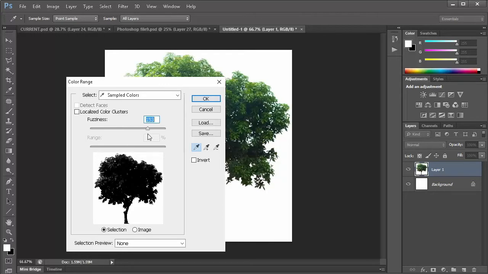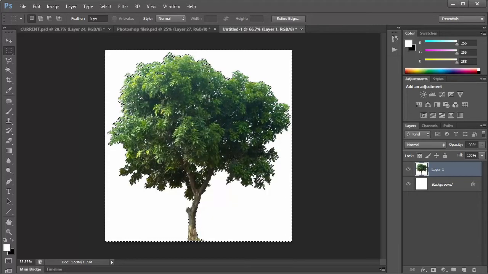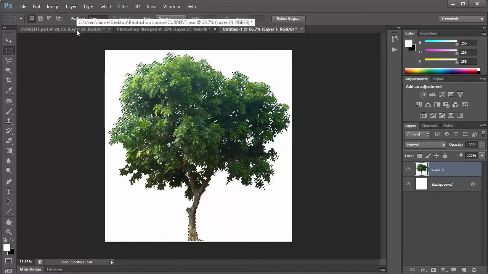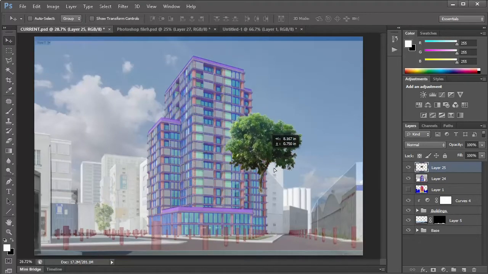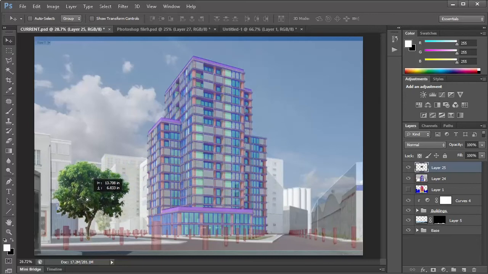And you might even want to increase this fuzziness a bit. You invert the selection, and you can copy and paste. And the people markers also help you with the relative size of a tree.